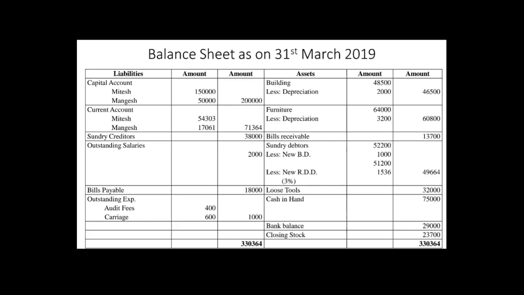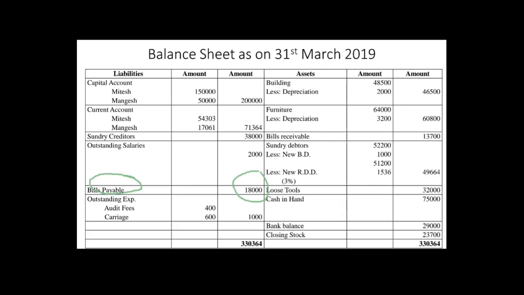So here outstanding salary is given, so you will directly mention this outstanding salaries amount in the balance sheet. If you see over here, outstanding salary is given and the amount is directly recorded in the second column. That's it. Now the next one is bills payable. Bills payable is again a liability. If you see over here, they have mentioned bills payable and written the amount directly in the second column, as there is no adjustment on bills payable.